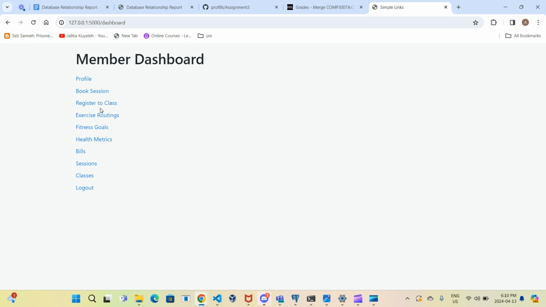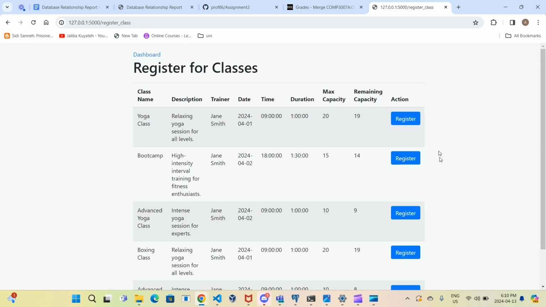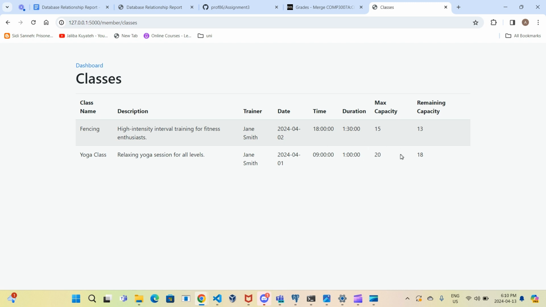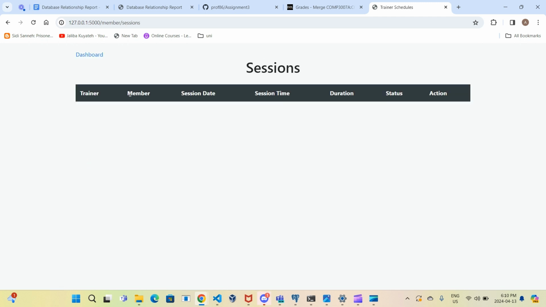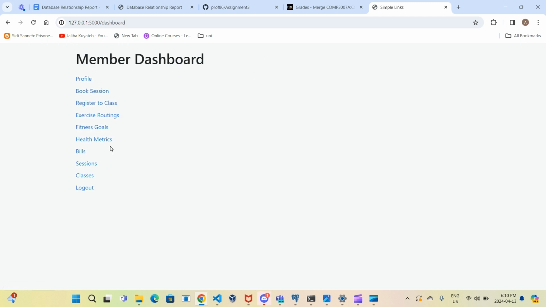Right? When you go to dashboards, Baba can register for another class. This class, yoga class, Baba has registered now for 2 classes. 20 people are there, but its remaining capacity is 2. So that's Baba's session. Baba can go to all these exercise routines. Baba can look at sessions, but there is no session added. Baba can